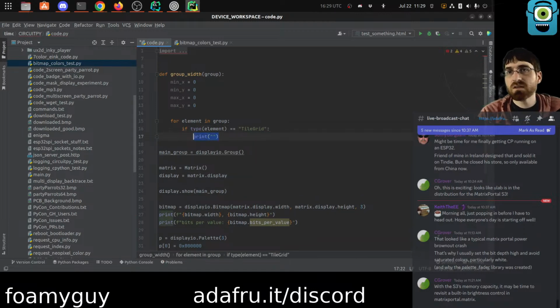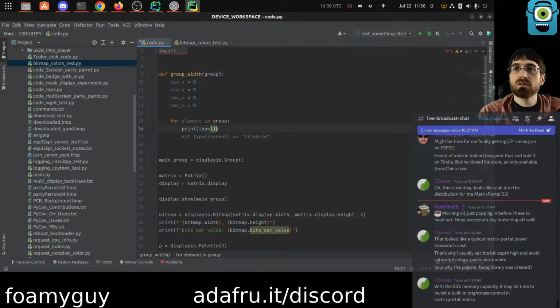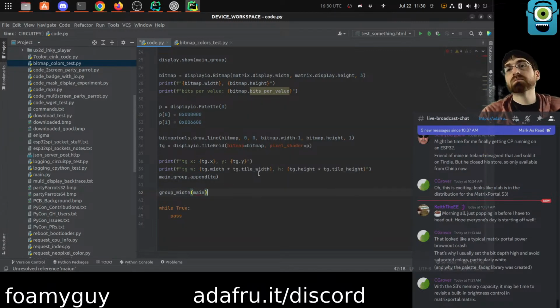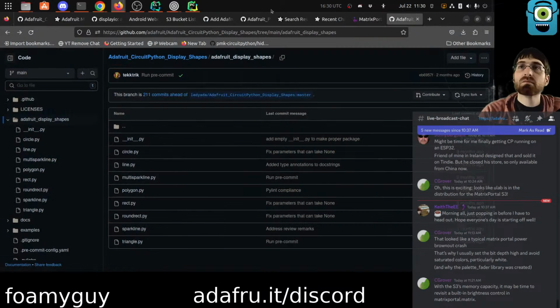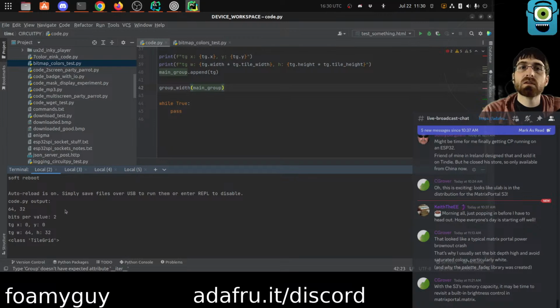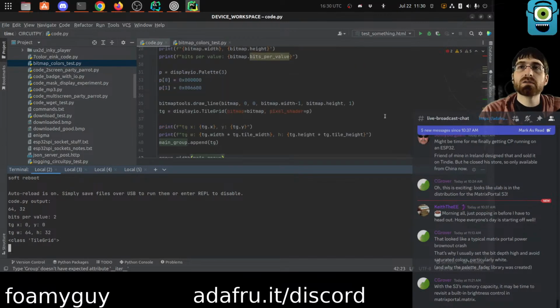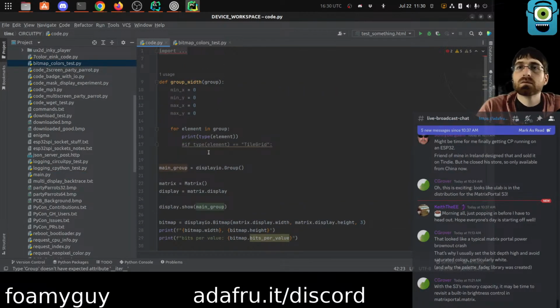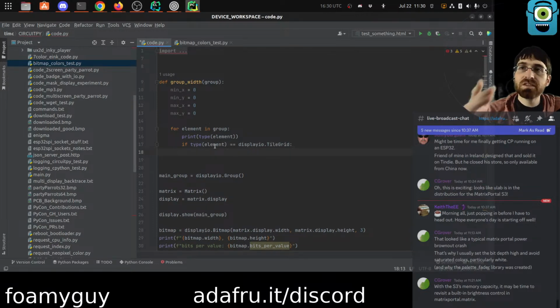Let's just print it out actually. Print type. Let's call this on group width. Class, not a string. So if it's a tile grid,